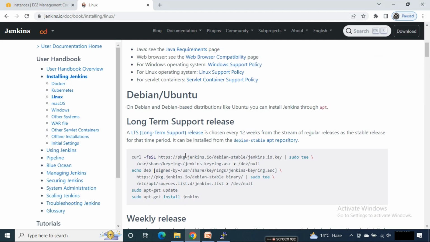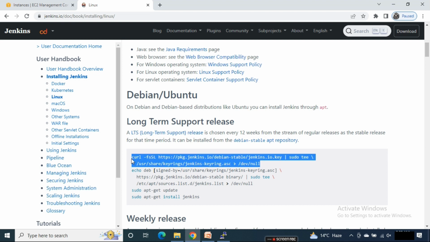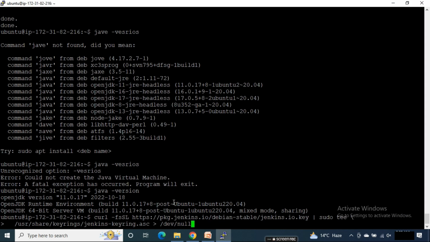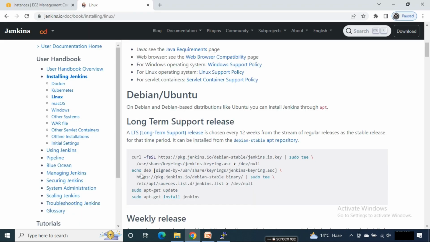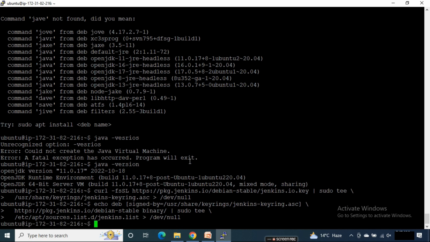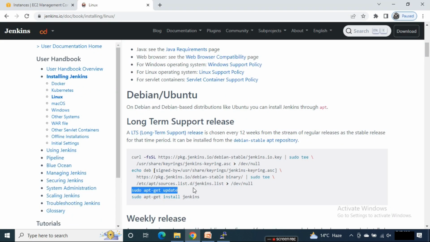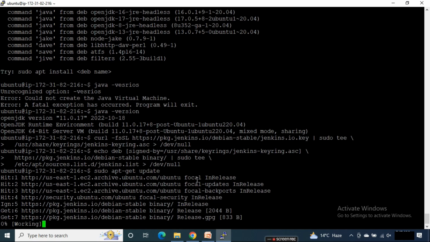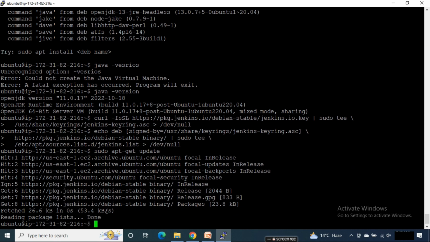Now next we will follow these 3 steps for installing Jenkins. So first I will copy this command which will help us download the keyring for Jenkins. Okay, and now this is the Debian package. Just hit enter. Okay, now just update the server once again so that the Jenkins related packages are downloaded